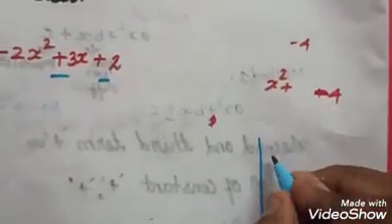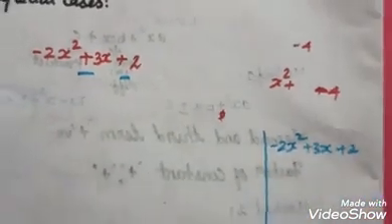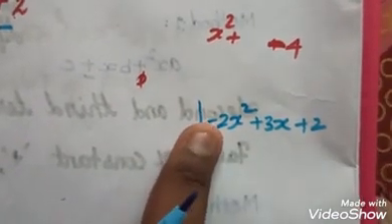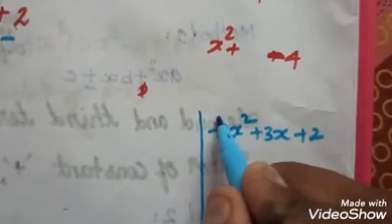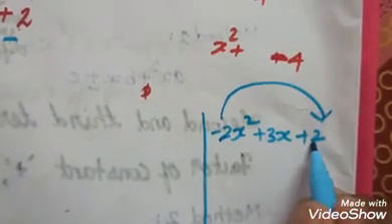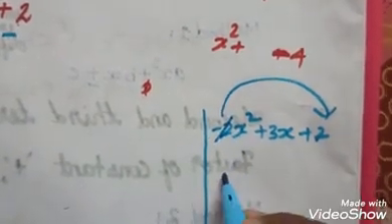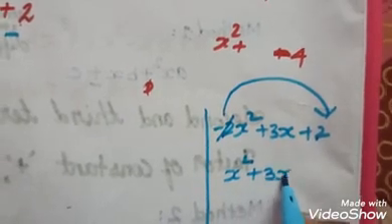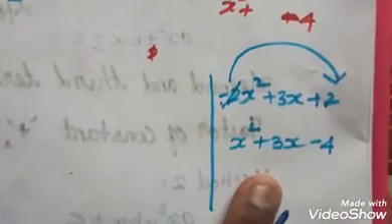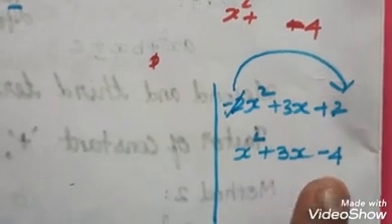Because of this, just move to the rough column and write the question as it is: minus 2x square plus 3x plus 2. So in this special case, you have to do only one thing. You have to multiply this coefficient to the constant. How to multiply? Minus 2 can be multiplied with this plus 2. So this minus 2 goes, x square plus 3x plus into minus 4. This is for our reference, to follow the condition.